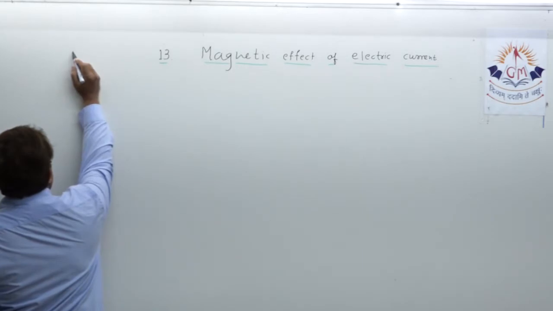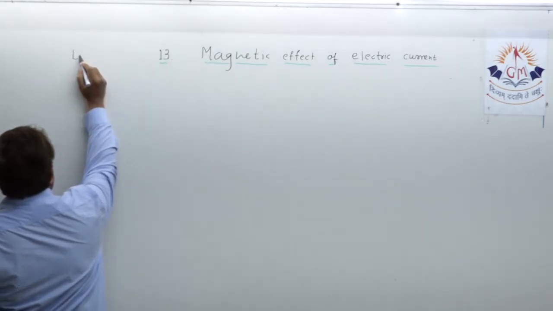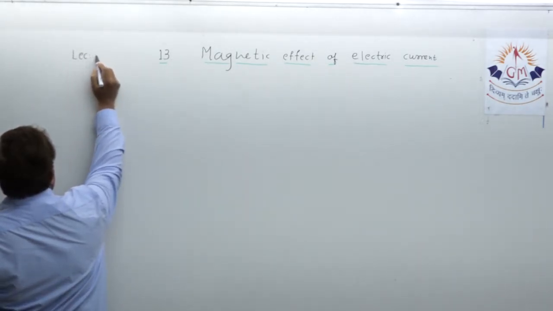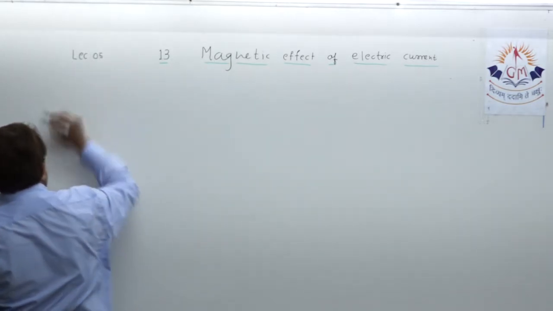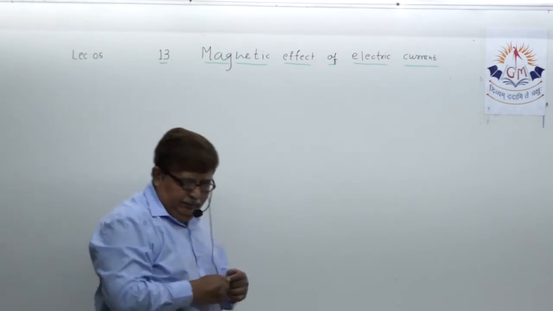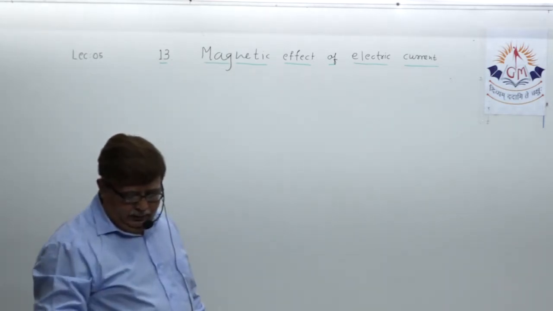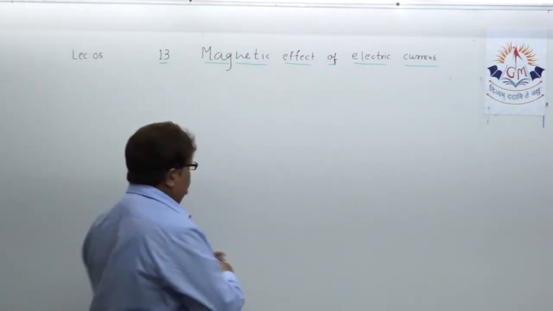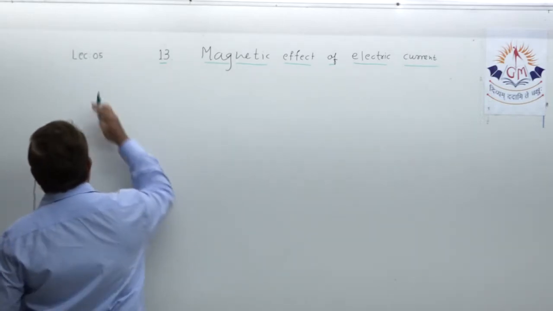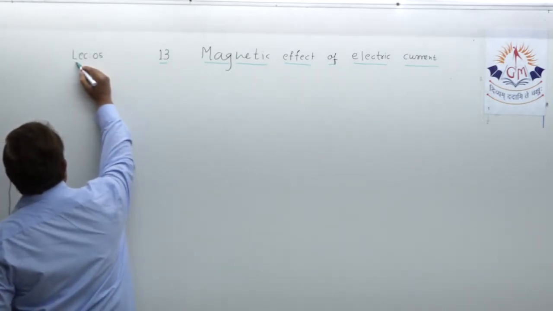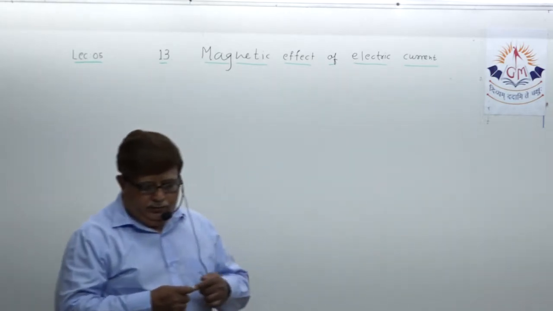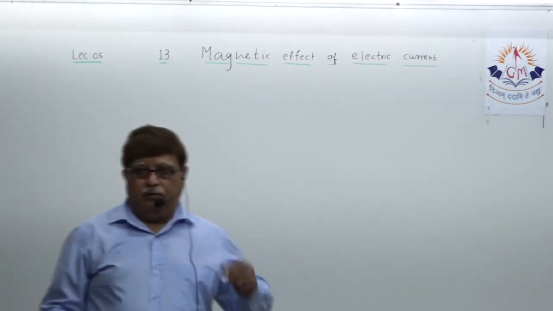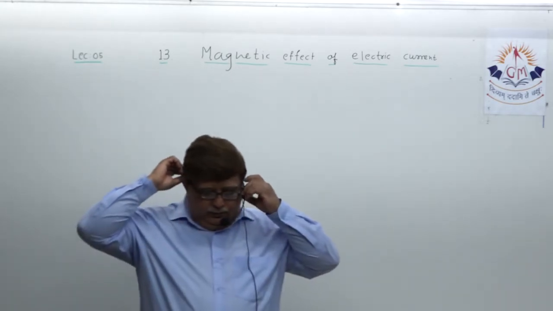Actually, lecture number 5 is generally a link of what you have studied in our lecture number 4, where I already explained to you regarding Fleming's left hand rule that you all know very well. Okay. So, dear student,